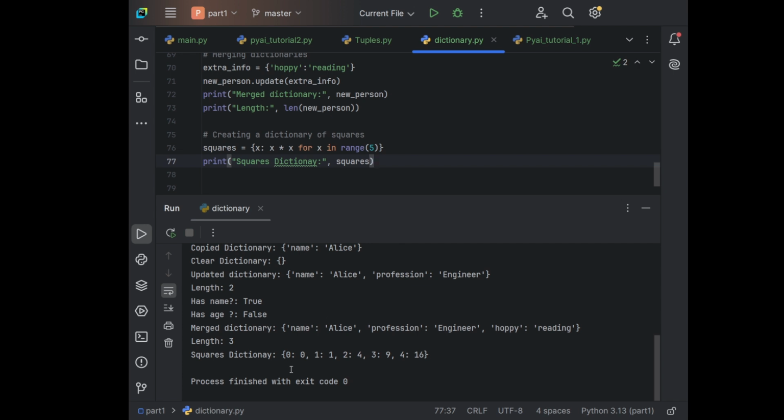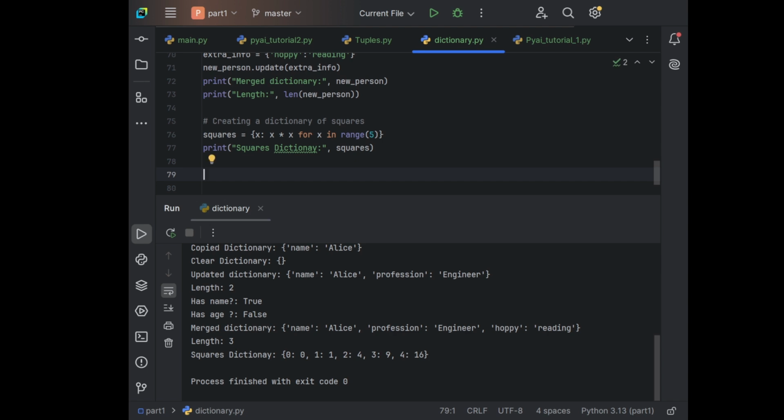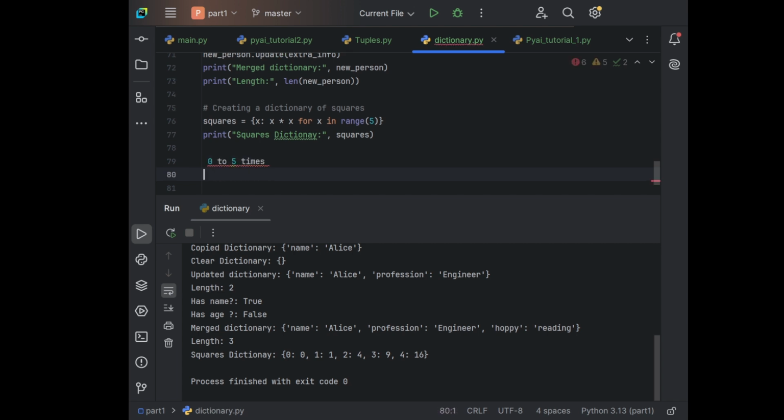No, nothing. Okay, for 0 we get 0. For 1 we get 1. For 2 we get 4. For 3, 9. For 4, 16. What happens here is it runs 0 to 5 times,